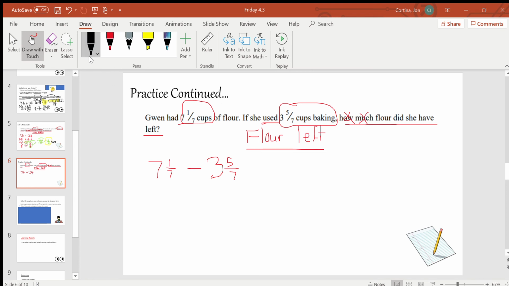We're going to start by separating our whole and our fraction. So 7 1/7 is the same as 7 plus 1/7. I'm going to subtract 3 5/7, which is the same as 3 plus 5/7. When we subtract mixed numbers, we're going to start by subtracting the fraction. Okay, so we have 1/7